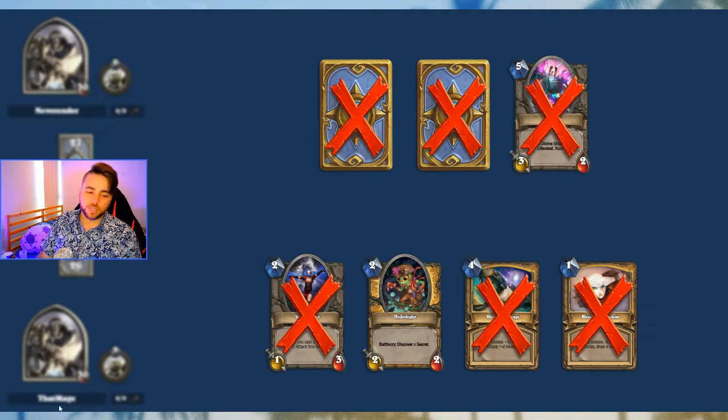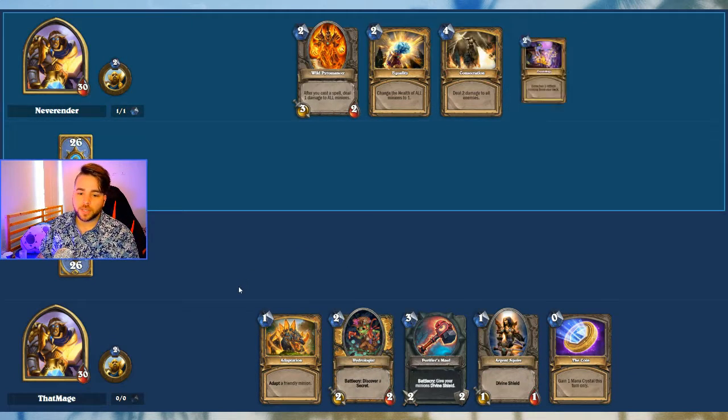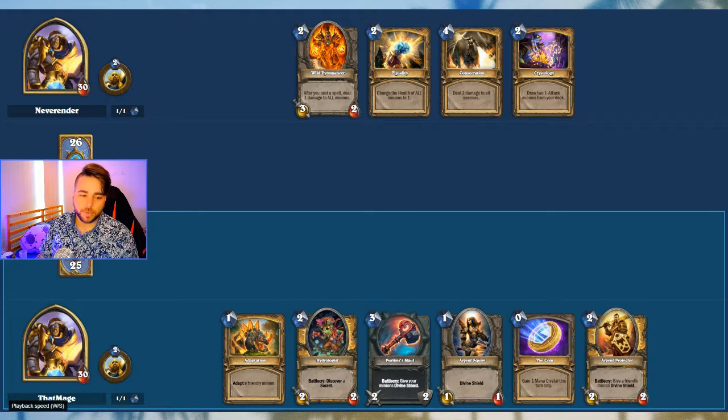Now, the danger here is what deck is Neverender on? Are they on Odd Paladin? And we're going to see in that opening sequence, this is not Odd Paladin, this is Control Paladin. Oh no! This is a nightmare for ThatMage. But